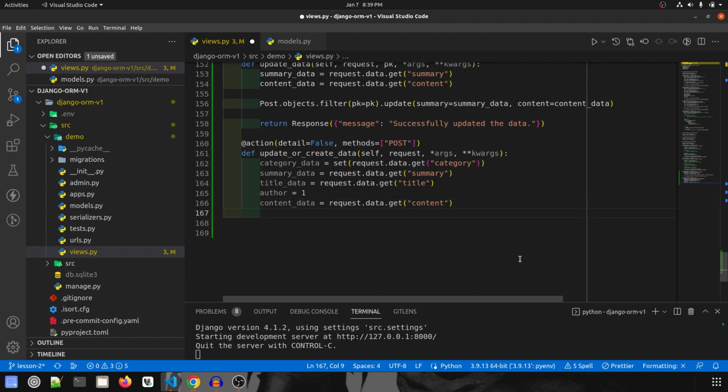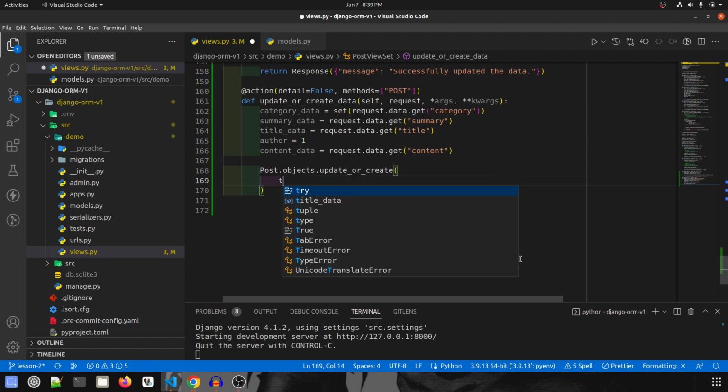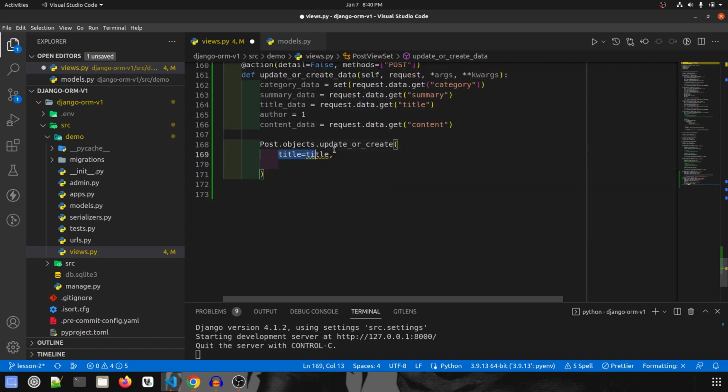Then what we are going to do is, this is the format. So model name, that is Post.objects.update_or_create. And in this one, first we are going to pass in on which data you want to filter the object. So I want to filter the object on basis of title, because I know for a fact titles are unique, so that's why I want to filter the data on basis of title. So if title is found, then update data with all this data. Otherwise create a new object with all this data along with this being the title. So that is the idea, and our filter is done over here.